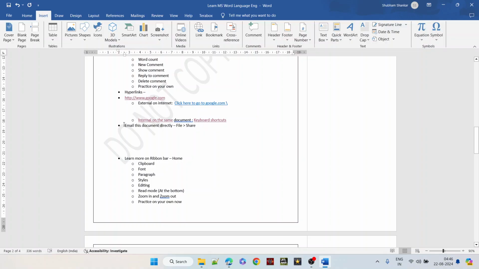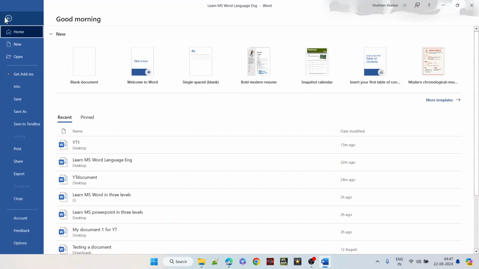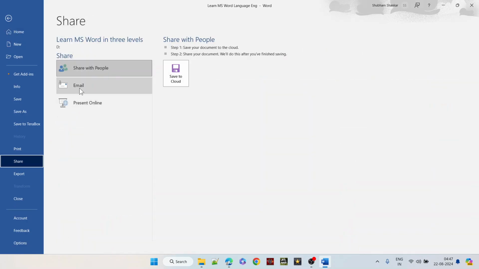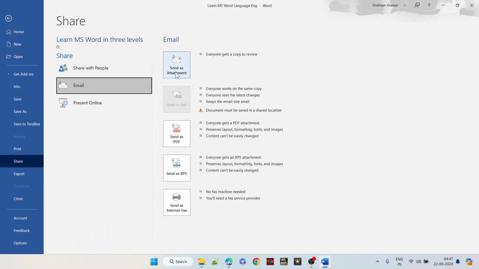Now the next thing is email. So this is again an important thing. If you are going out for work, you can email this document directly. So you need to choose share and then email and then send as attachment. So if your Outlook app is available on your computer, and you have logged in